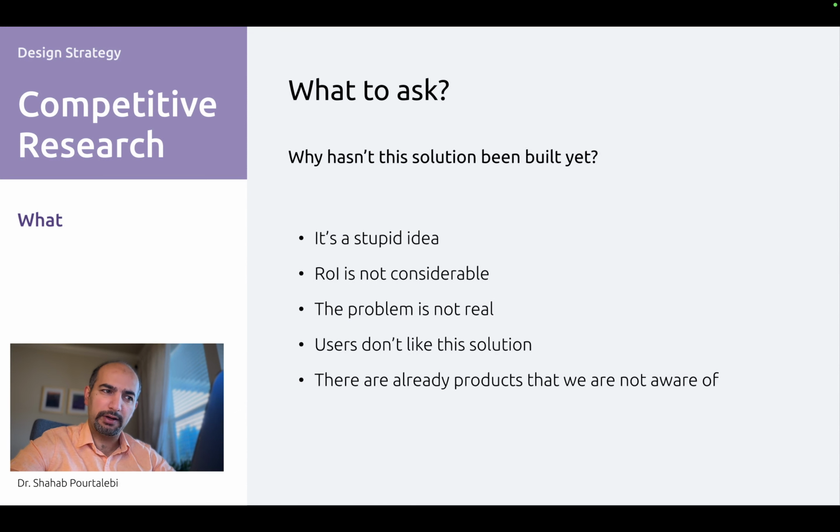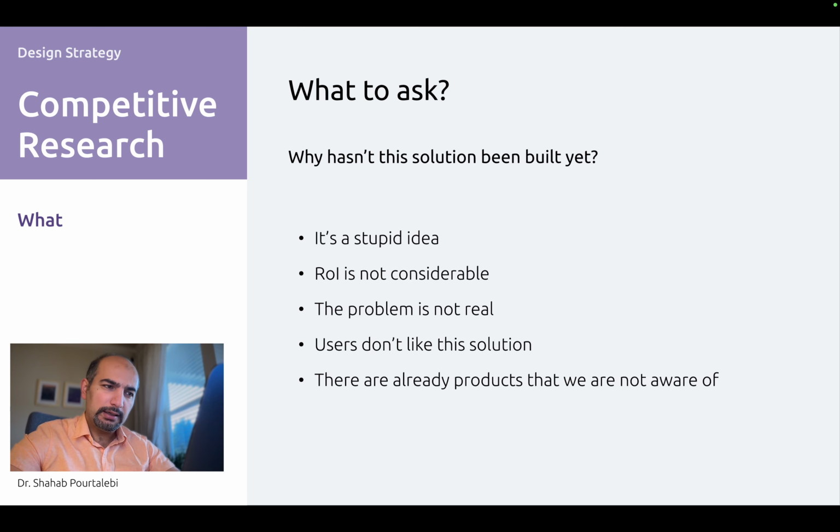When we have an idea, an amazing idea, and we believe this idea is great, why hasn't this solution been built yet? That's the question that we need to ask ourselves. Okay, is it a stupid idea, or return of investment? Maybe it's a great idea because we've already done problem interviews. Remember, it means that we validated our solution with the user already. Okay, but maybe the reason that this idea hasn't been built yet is that the return of investment is not